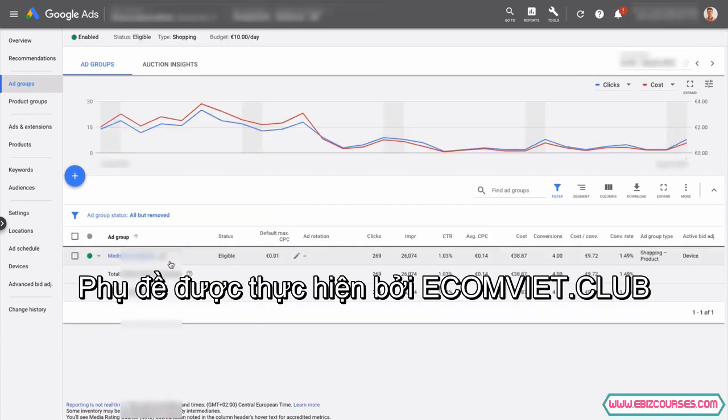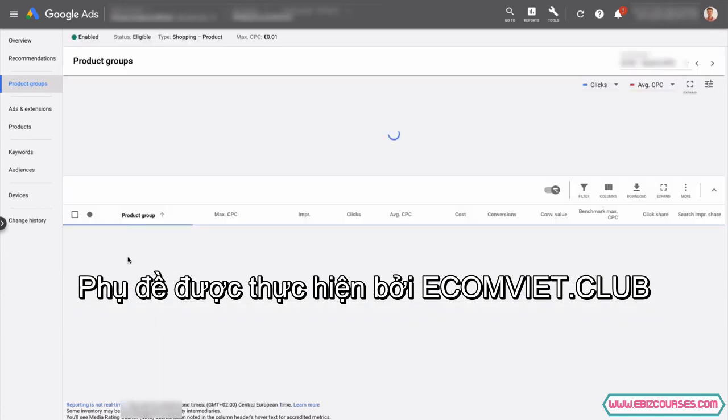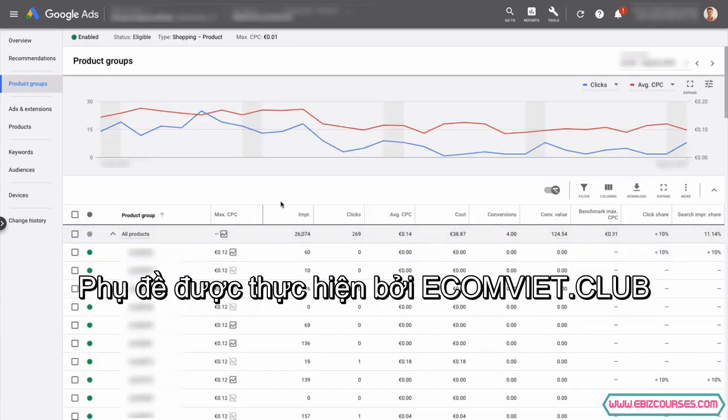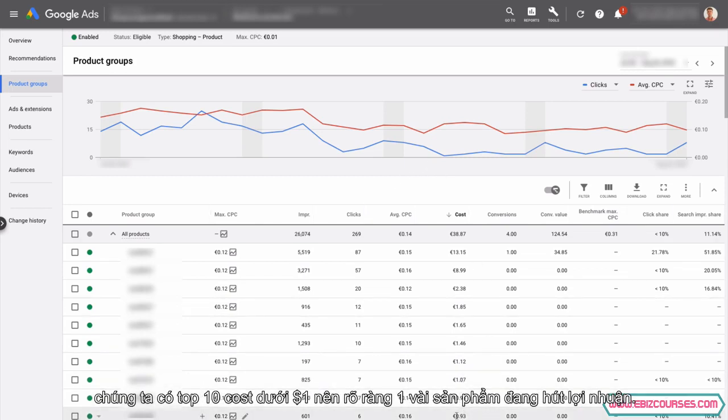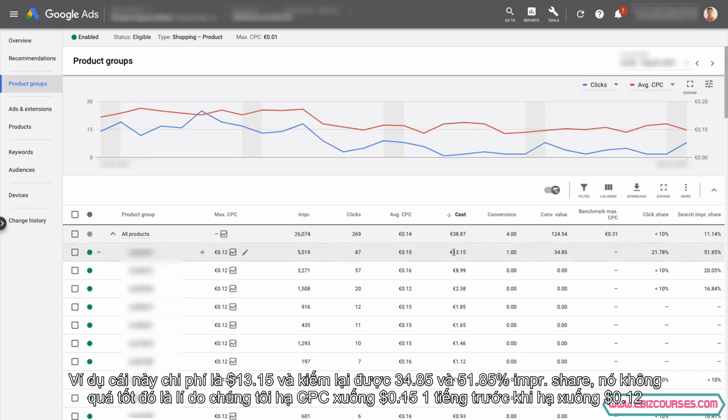Open it up. Open up the actual products. And here we can see what is happening. So as I said, I'm going to sort by cost. And we can see that although we have a lot of products in this account, the top 10 already scores like below €1. So we have a couple of products that really pull in all the revenue. So for example, here we have one that spent €13 and that's made back 34. So we're at